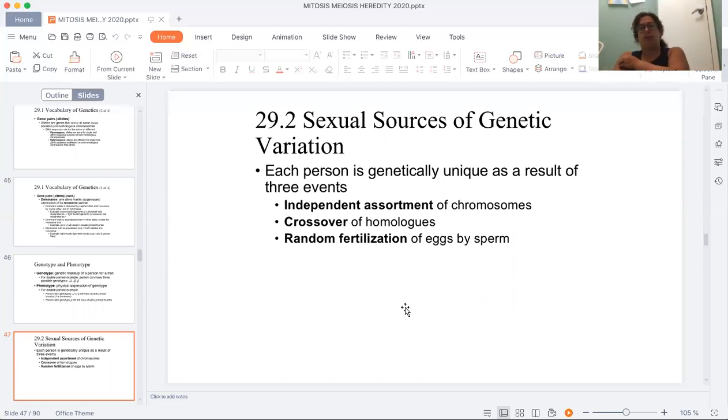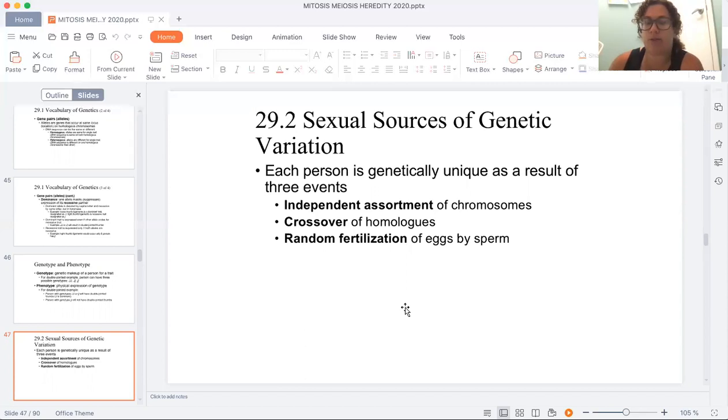And then as far as genetic variants, that's what intercourse is for. That's how we make sure that we aren't clones of each other. There's a reason why families are not encouraged to procreate within the same lineage: it leads to a lot of recessive traits that are either not compliant with life or not good to have in the gene pool getting more expressed, because there's not that variance available. So there's independent assortment of chromosomes,